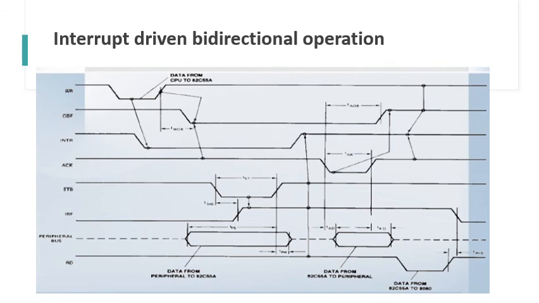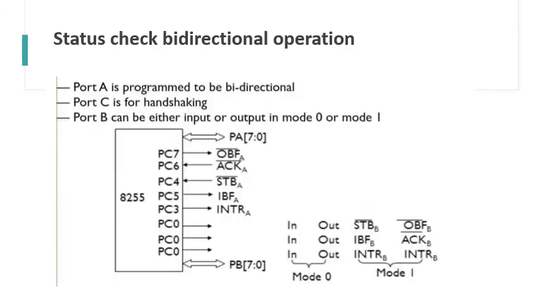In fact, initially interrupts are disabled and we need to enable them. The enabling and disabling of interrupts was discussed in the section on mode 1 operation under the heading enabling and disabling the interrupts. If we disable this interrupt, the status of IO operation is determined by checking the status signals OBF and IBF. The interrupt signal always remains low if disabled.